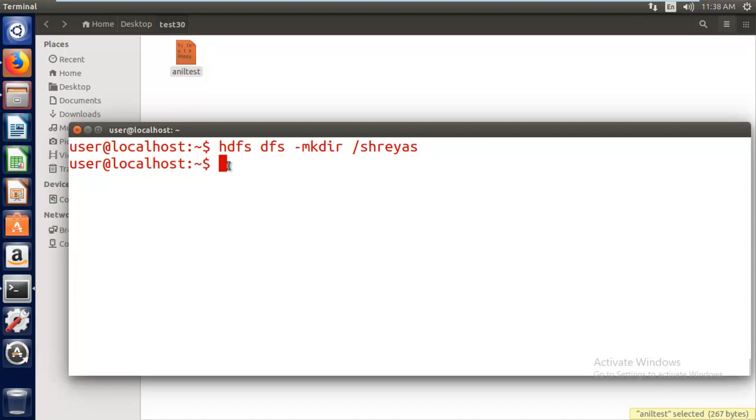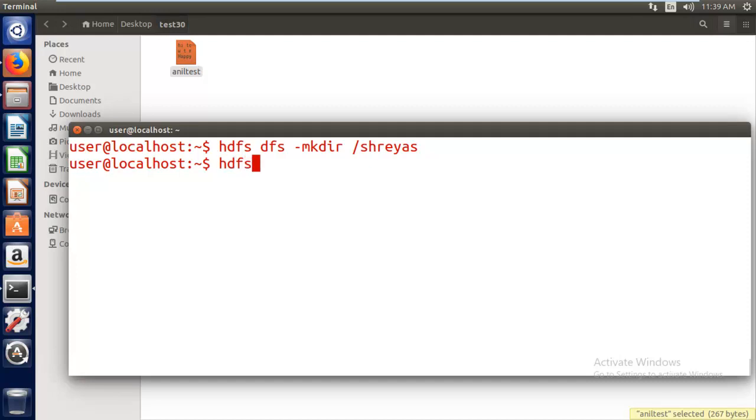So we'll see that now. To copy, I have to give the complete path, or I can do it from here also. I'll show how to do that.